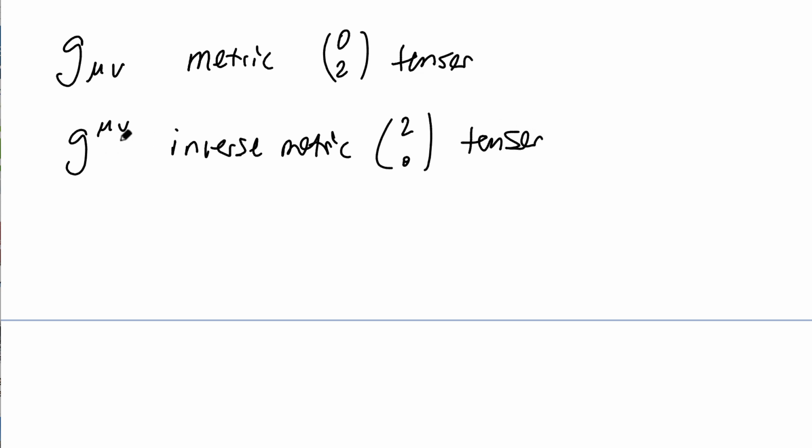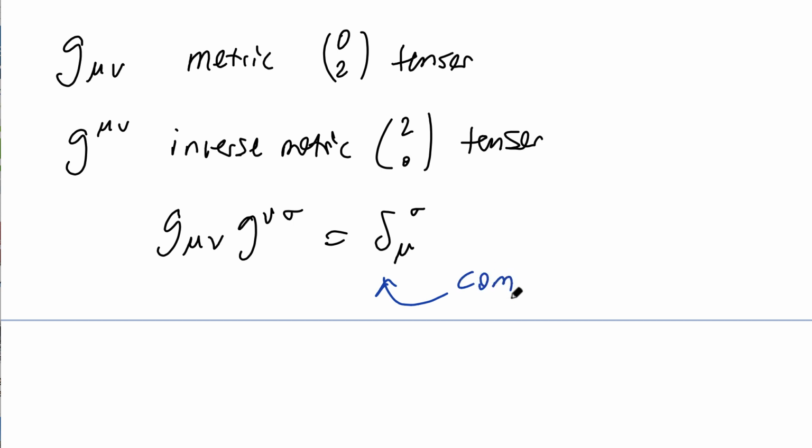And g^{μν} being the inverse of g_{μν} means that g^{μν} g_{νσ} is equal to Kronecker delta δ^μ_σ. And what is the Kronecker delta? It's the components of a type (1,1) tensor,